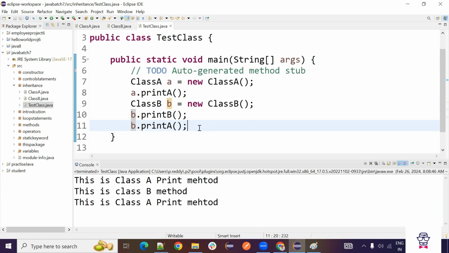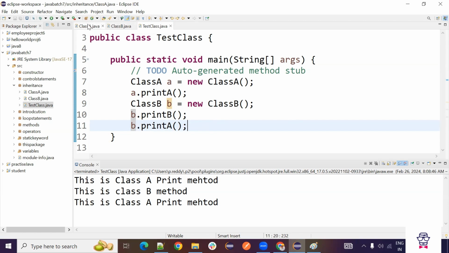So you don't need to write the code in all the classes, SBI class, ICICI class. You can create the account in the RBI class and make the others child classes. In each class, you don't need to create the account. The RBI class method you can use in SBI because it's a child class. So you don't need to write the code again and again.